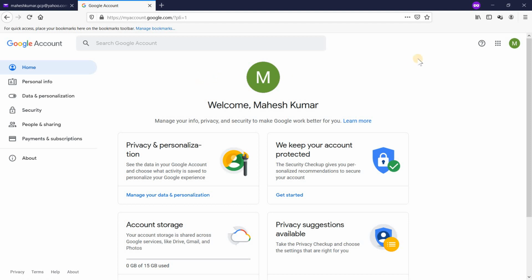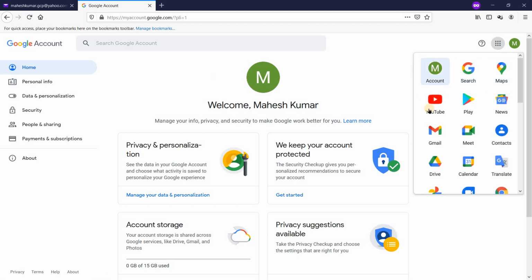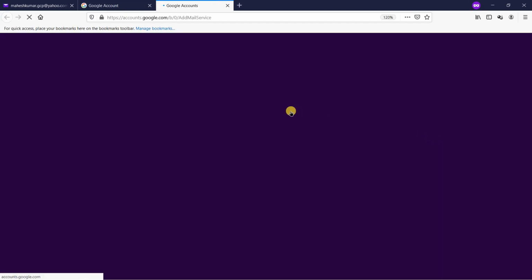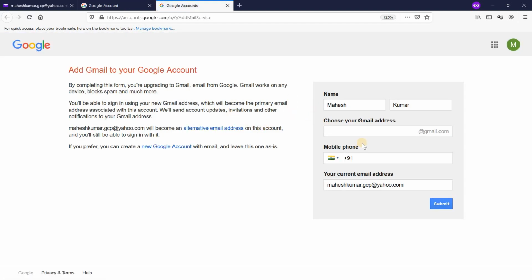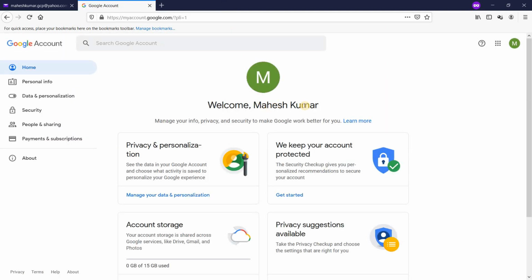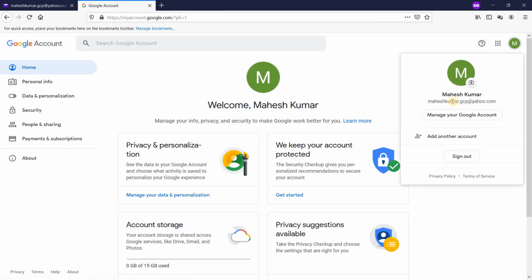Now this identity is verified. I will not have a mailbox here. If I click on email, it's not going to show me the details. I will not have a mailbox, but only my identity is verified. Now this is a verified Google account. If I go back to my GCP console and add it, I should be able to add it.